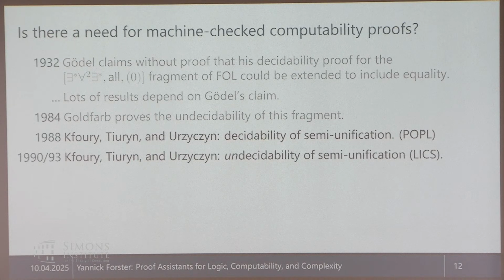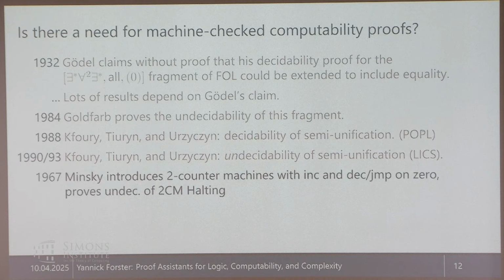To be fair, in none of these was there actually something wrong in a computability thing. It was wrong in the math. But still, if you cannot formalize the math without formalizing the computability arguments, you're still stuck doing this.